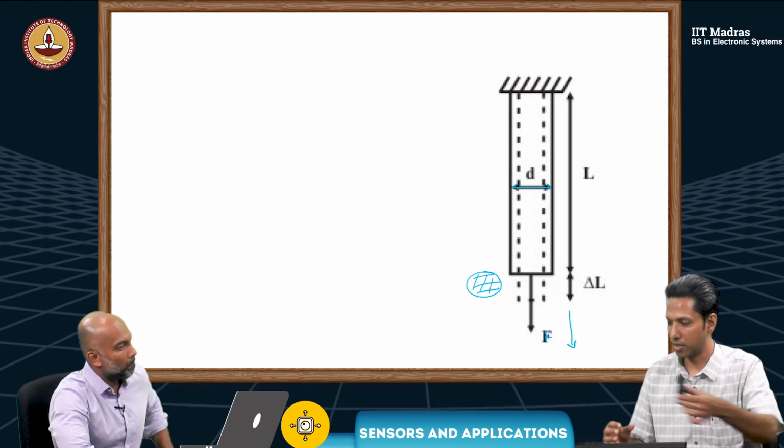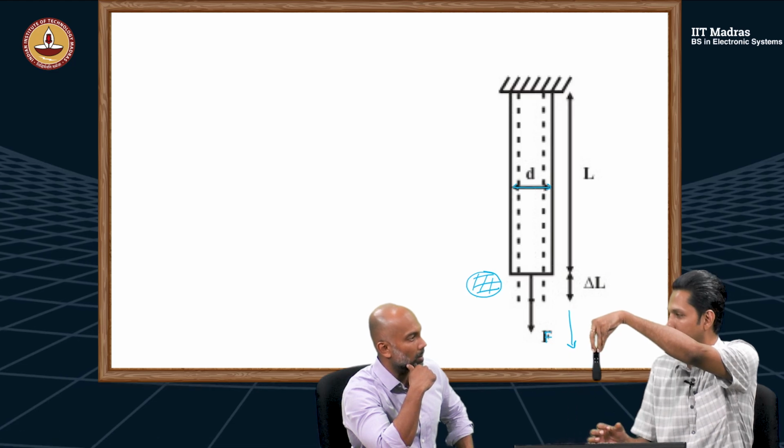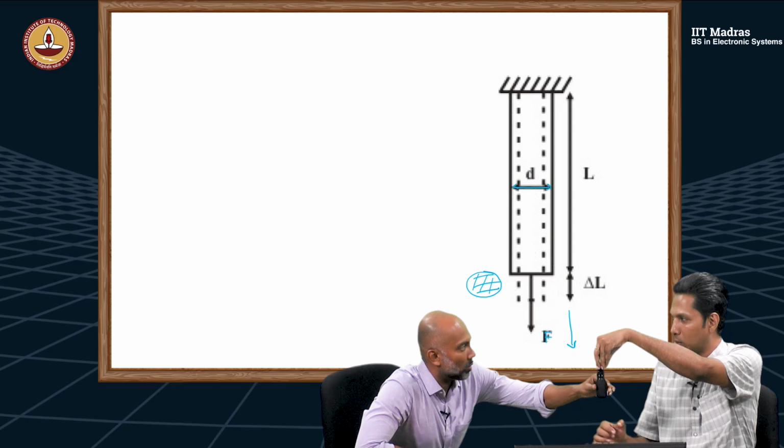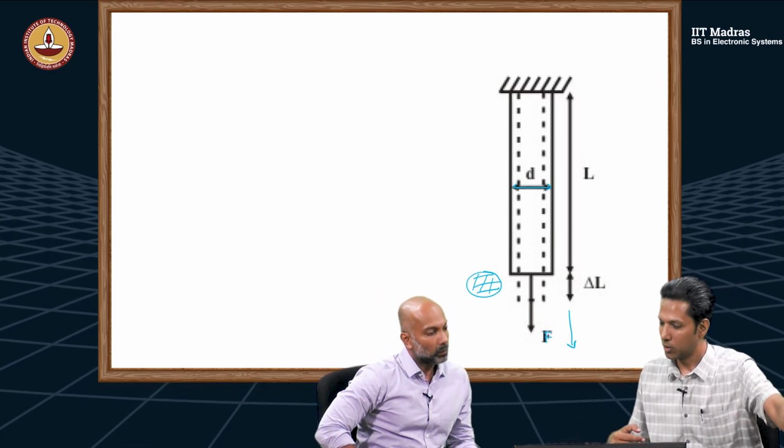Let's say I have a structure like this. This is held at the top. Then I am just pulling down. And this does not move this way. It's only this way. So when I do that,